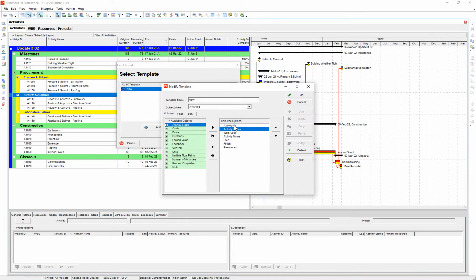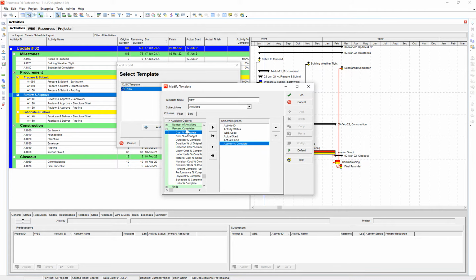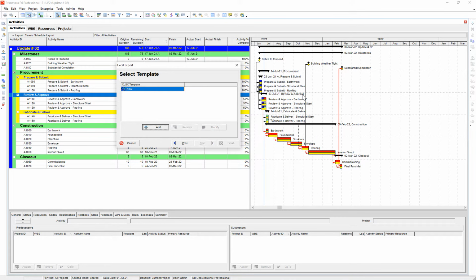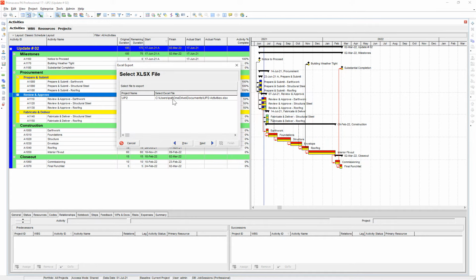So let's go ahead. Some of these I have to keep by default, but I don't need the name. I don't need the start date. I don't need finish or resources, but I do need activity ID and the WBS code. I don't need status, but it doesn't allow me to get rid of it. But the other things that I'm going to need are actual start date, actual finish date, and then I need activity percent complete. Okay, so let's go ahead and we'll say OK, next,